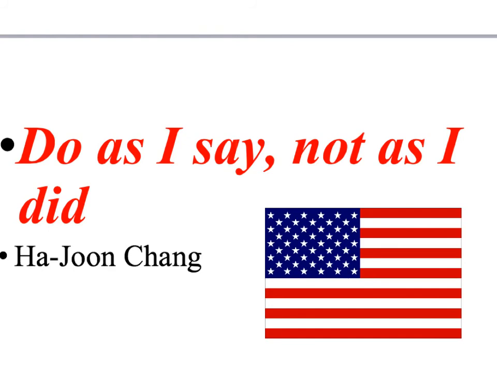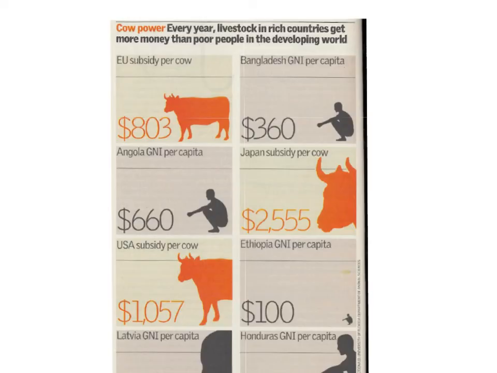And in fact, he argues if you look at the success of the so-called Asian tiger economies, that success was partly brought about by a process of economic protectionism. And further evidence of double standards in relation to free trade can be found if we look at the controversial example of agricultural subsidies. We can see here, if we look at cattle farmers, very generous subsidies in the EU, in Japan and in America, and that means that poorer farmers in developing countries just cannot compete.